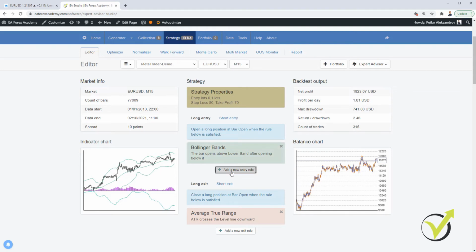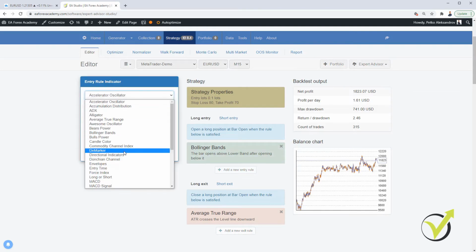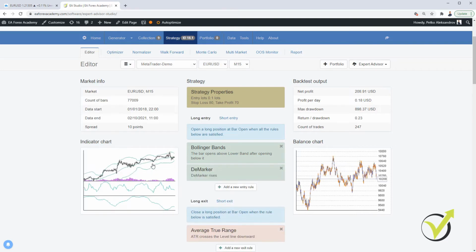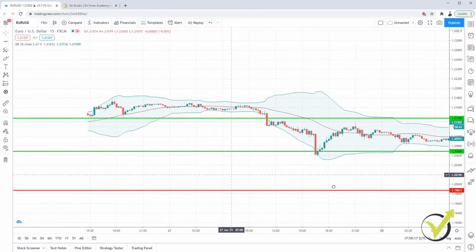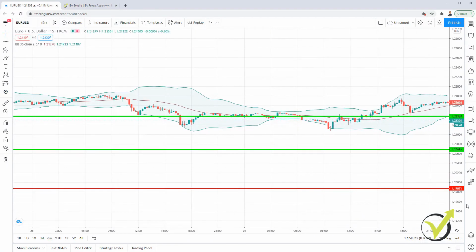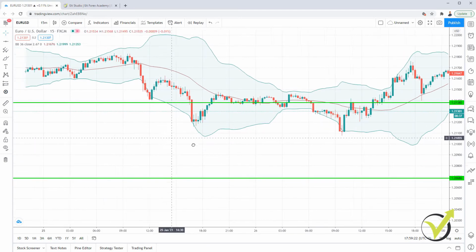As well, if I want to add any indicator, I can do that, and if I click on accept, I will see the difference. And I just picked one randomly, the DMarker, to show you that EI Studio or any other strategy builder that you use will save you tons of time to backtest and experiment over a demo account, over the chart, because I can do that in days, weeks, months, calculations with Excel.